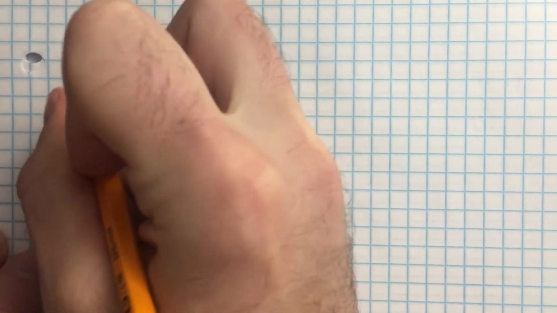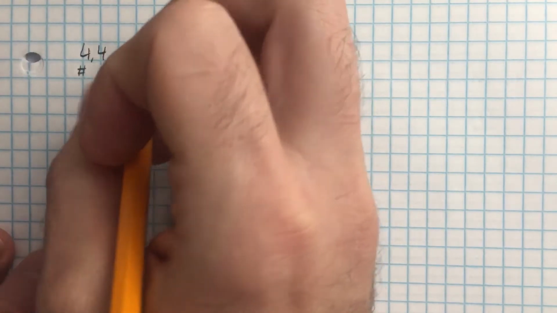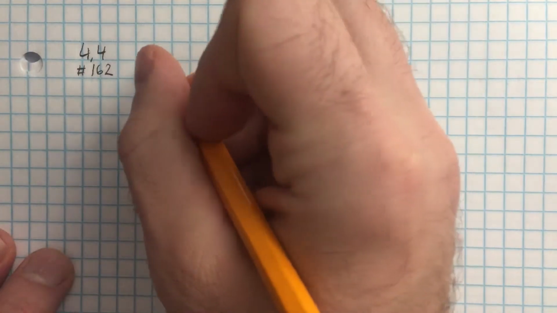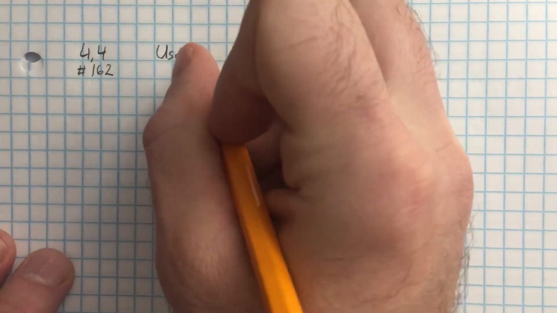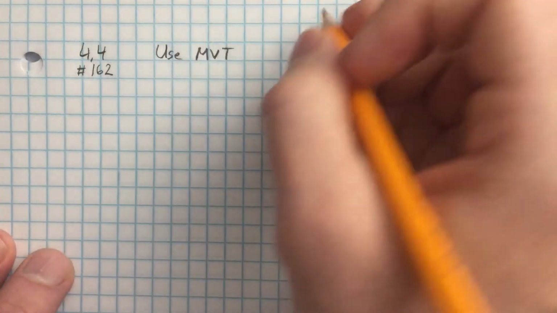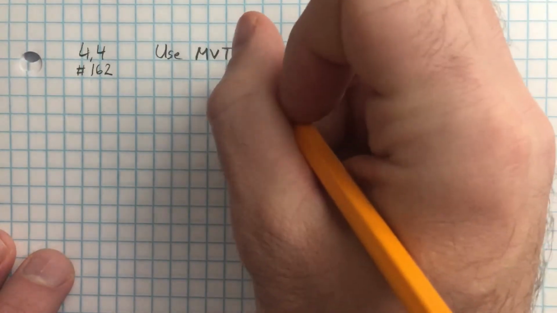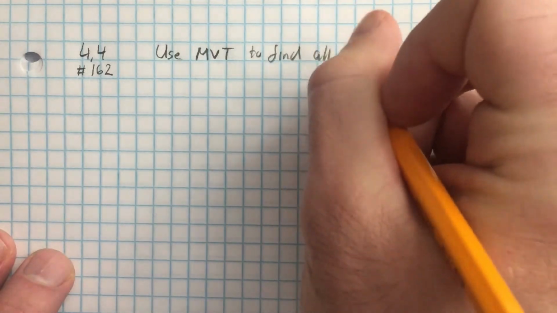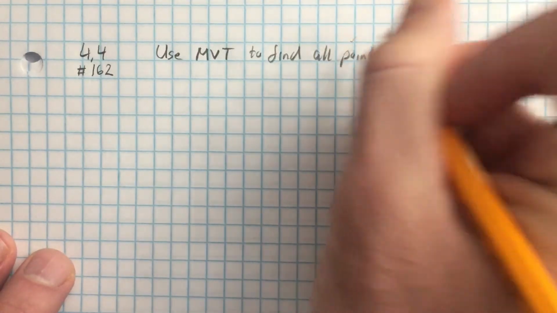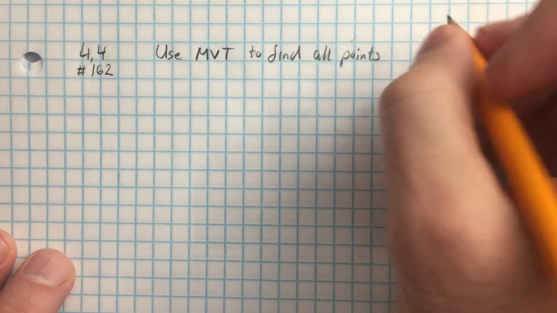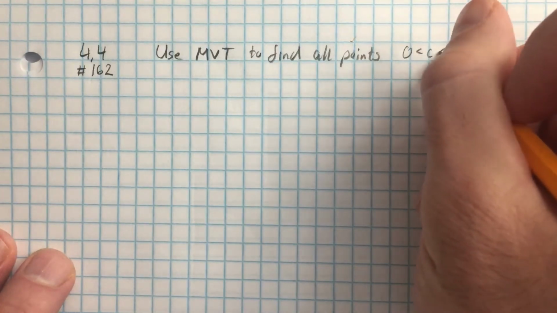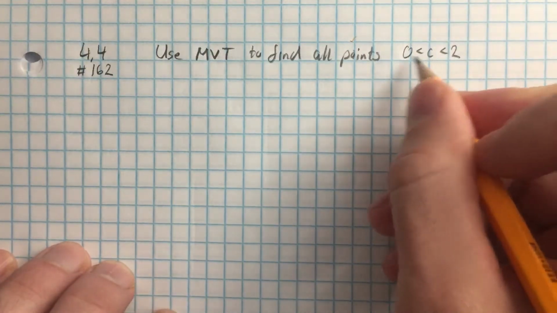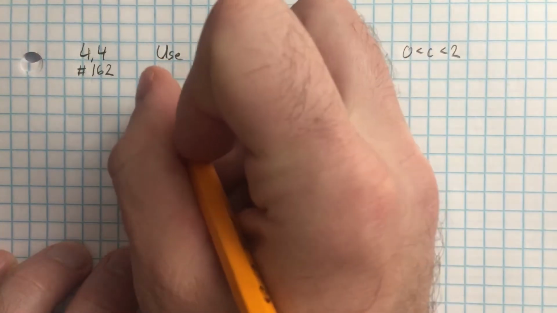4.4, number 162. We are told to use the mean value theorem for derivatives and find all points c, with 0 less than c less than 2. Right? So find all points c in this interval such that